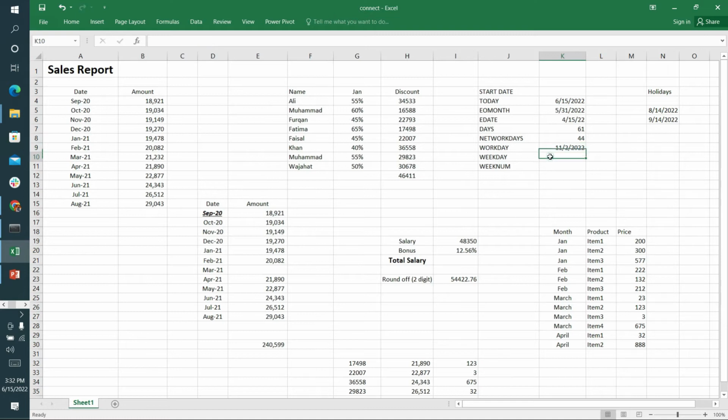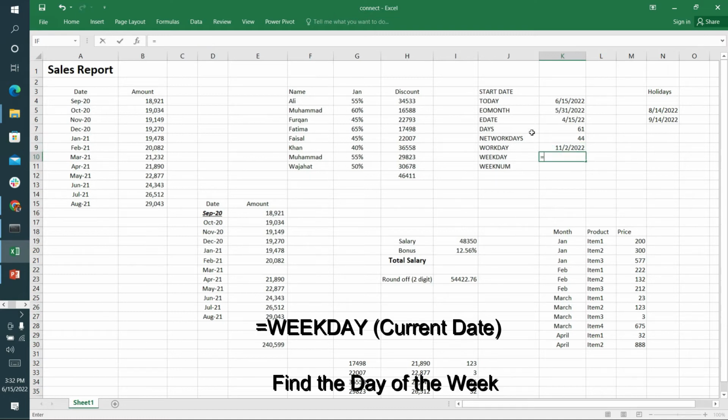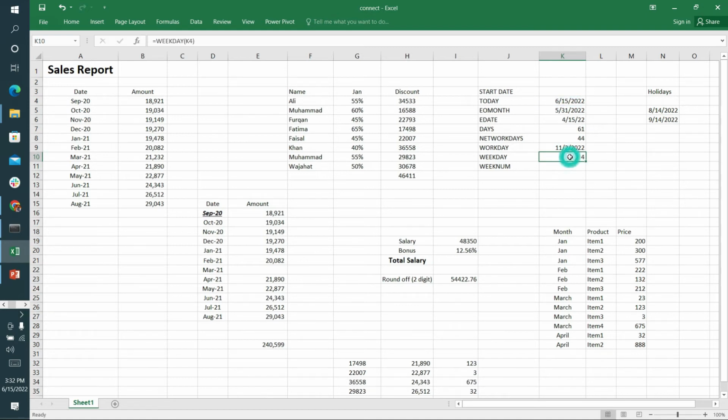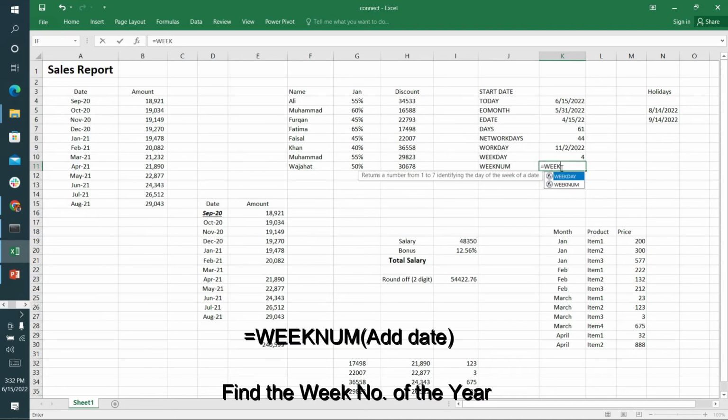Now for finding which day of the week it is, I can write WEEKDAY and give it my current date, and pressing enter it is showing that today is the 4th day of the week. If I want to know the week number of the year, I will write WEEKNUM and give it the current date, and it is showing that it is the 25th week of the